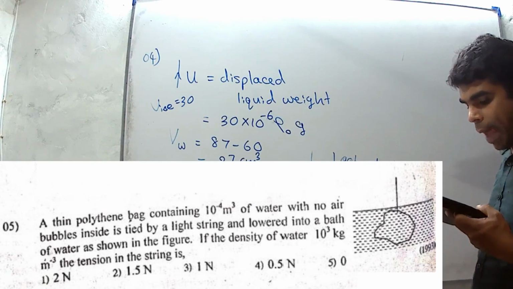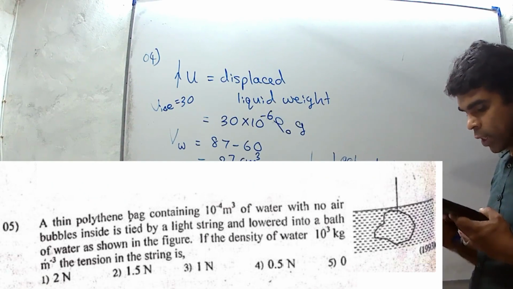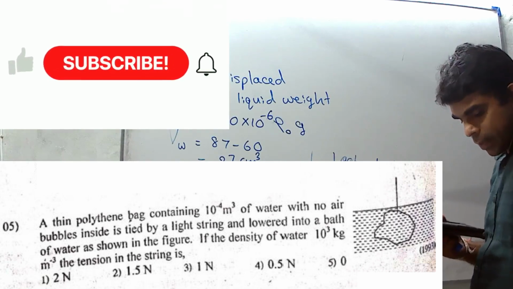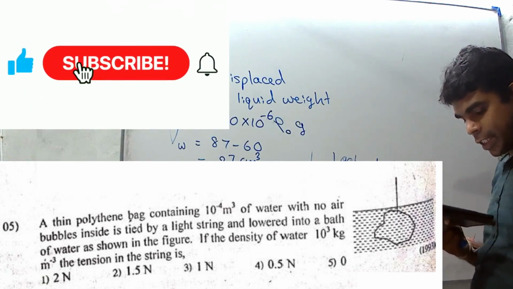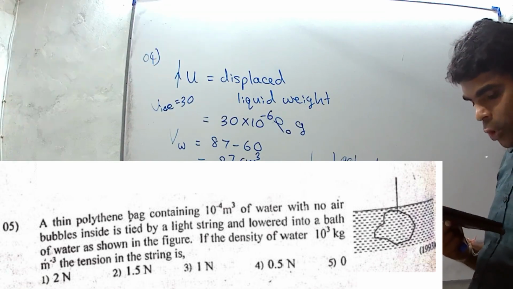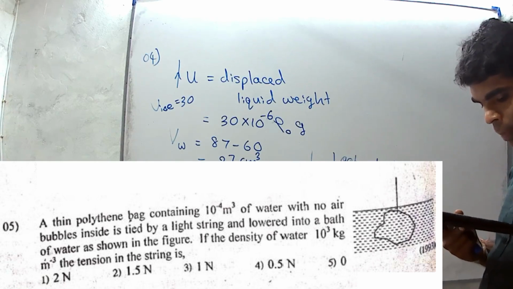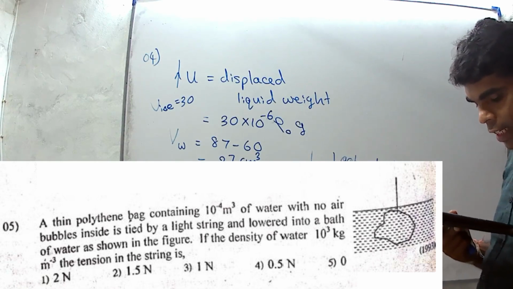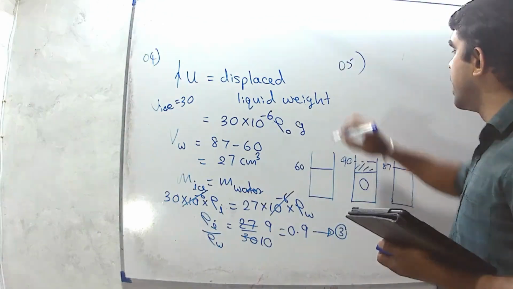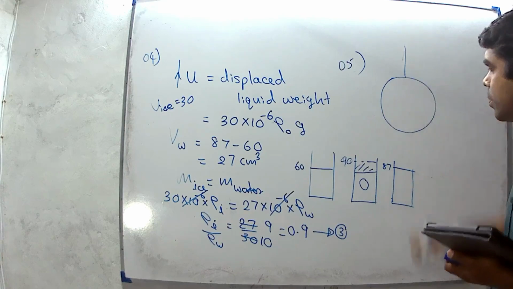A thin polythene bag containing 10 to the power 6 cubic meters of water, with no air bubbles inside it, is tied by a light string and lowered into a bath of water as shown in the figure. If the density of water is 10 to the power 3, the tension in the string is? If the mass of the bag is negligible,